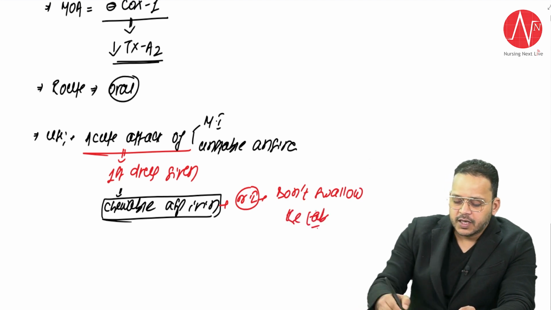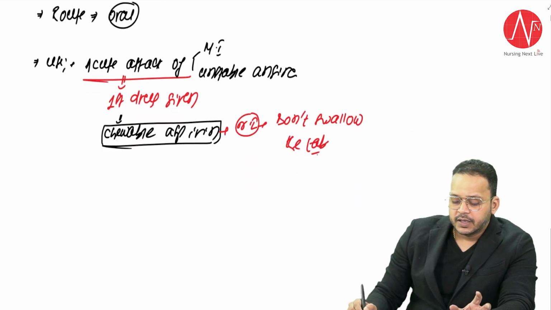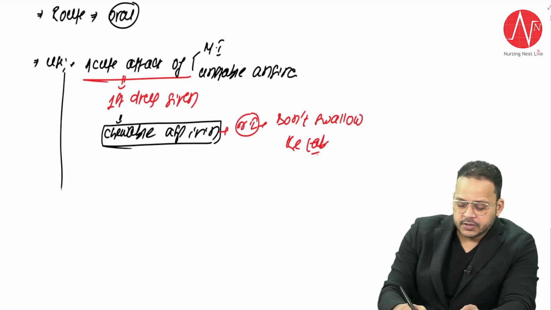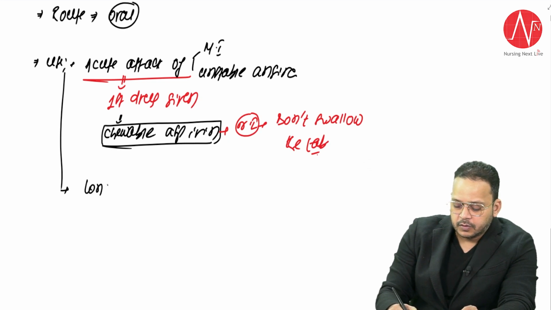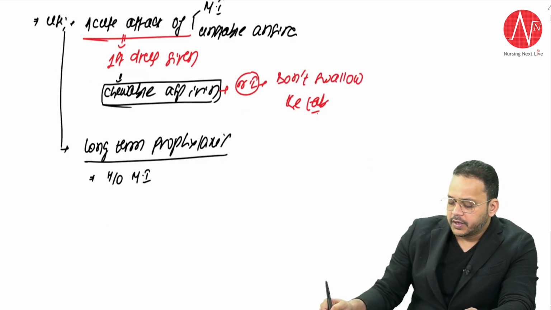Don't swallow the tablet. So I'll ask the patient not to swallow the tablet, right? So for acute attack of MI and unstable angina, we give it. These are also given for long-term prophylaxis, where I give it in patients with history of MI, patients who already had an attack of MI,